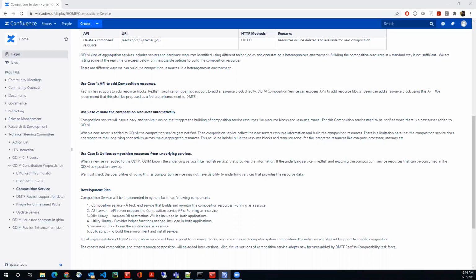Yeah. And so the only thing you can discover is physical hardware. And for each one of those things, you need to build a resource block. And then somebody has to say, these 10 go into resource zone A, and these 20 go to resource zone B. That's a manual process today until you get to completely fully disaggregated automated systems where you can do it dynamically through a fabric. Yeah.